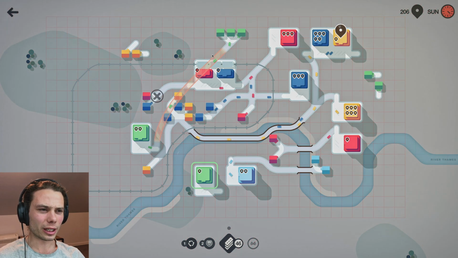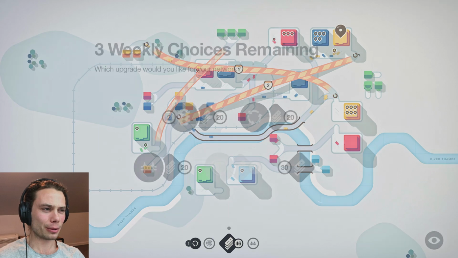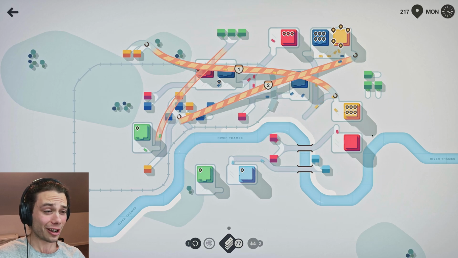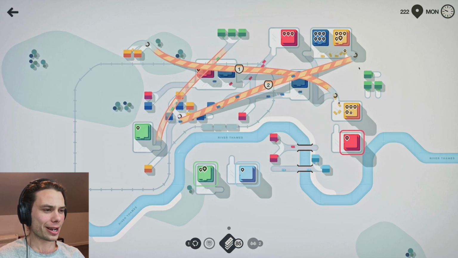6 weeks down, surely. In the meanwhile, though, I will just be going ahead and connecting a couple of motorways in, just to make sure that people don't die ahead of me. Okay, so it is 3 weekly choices remaining, which means that was week 6, I believe. I will be taking another bridge because I haven't used my roundabout yet, and I am probably going to need my extra bridge just to sneak around some buildings towards the end there, but I will give time for everyone to come back while I wait for...